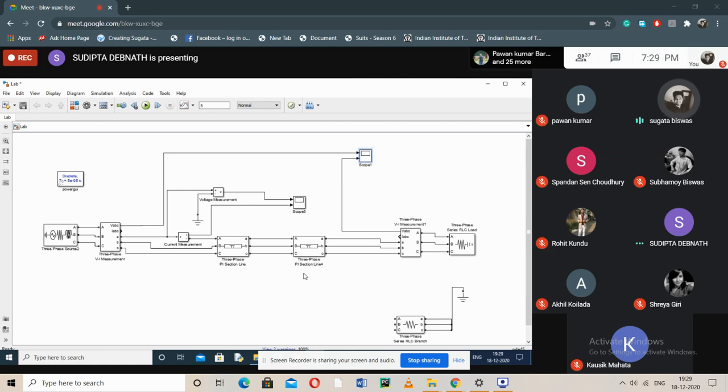Ma'am, do we need to make this graph, this picture, like the MATLAB picture that you have shown? No, it is not mandatory. It is up to you. Whatever you like, it need not be the same. All of you need not show the same circuit diagram. Whatever you feel comfortable, you can draw. But it should be just one source, a three-phase source. You can draw a single phase diagram, or you can draw three lines. One load should be there, and voltmeter and ammeter should be connected, and that's all. The diagram need not be very complicated.